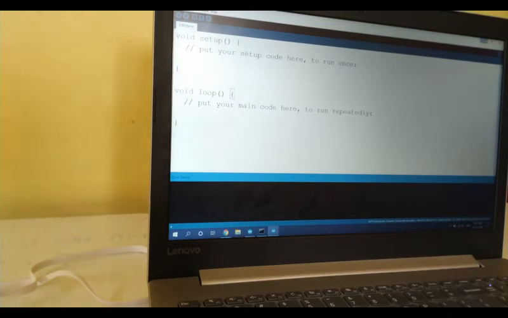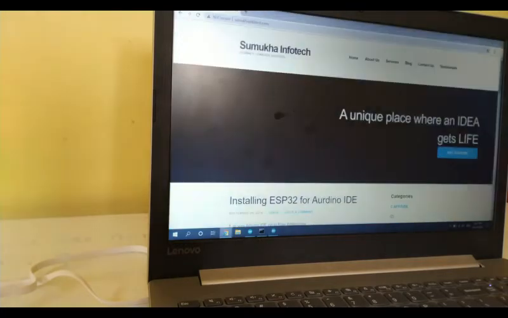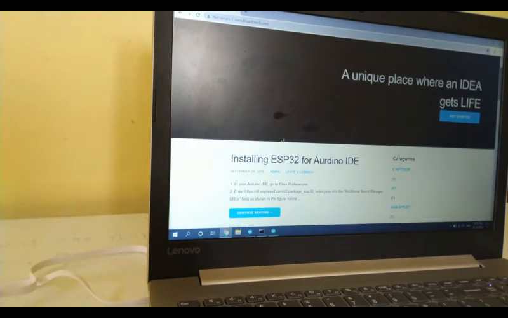I have explained all those things on my website. If you go to sumukhainfotech.com, the first blog post itself is about installing ESP32 for Arduino IDE. If you read this post, you would come to know how to install ESP32 related things for Arduino IDE. Please check this out.